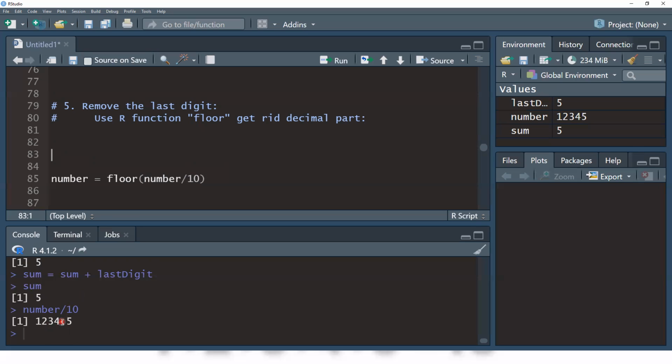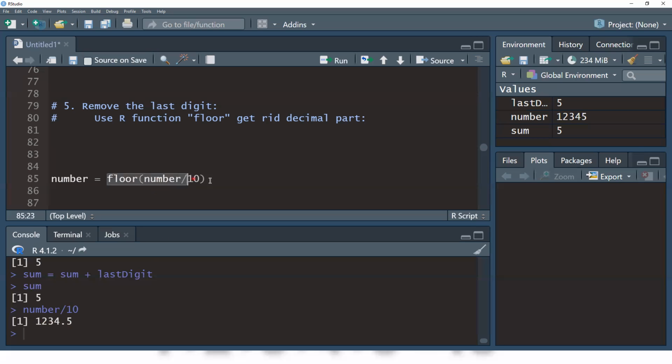In reality, any digit number is always in between 2 integers. One on the left, one on the right. What is the nearest integer on the left? That's called a floor. What is the nearest integer on the right? We call it the ceiling in our language. So here, this will round this number down into the integer part, removing the decimal part.